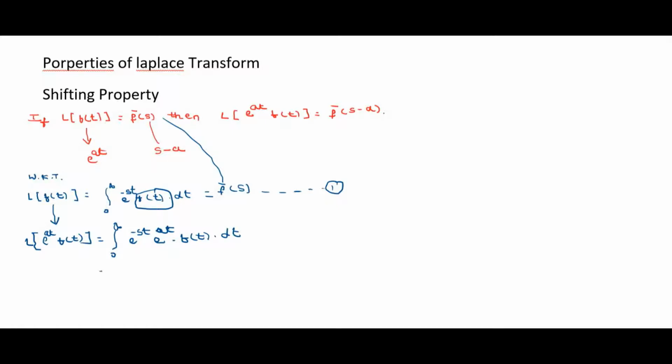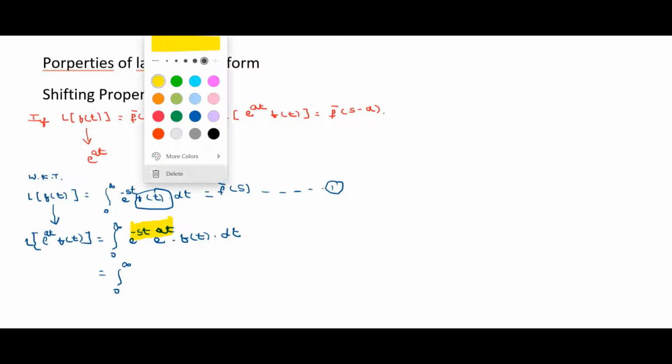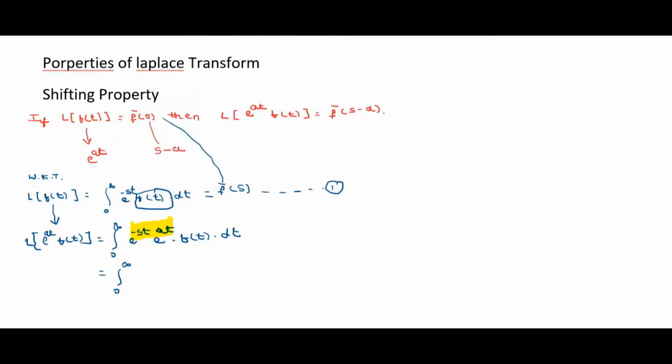Now simplify this. This is equal to integration 0 to infinity e raised to minus st plus at into f of t